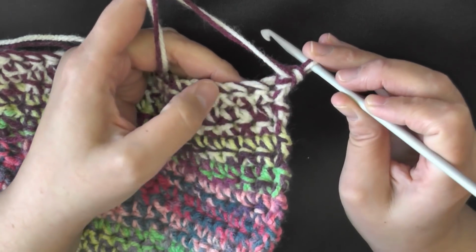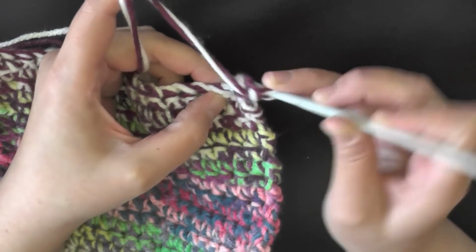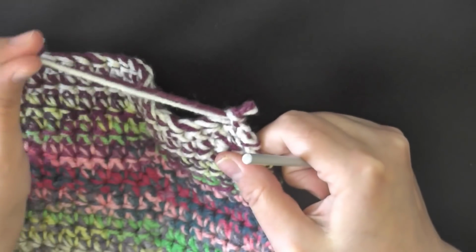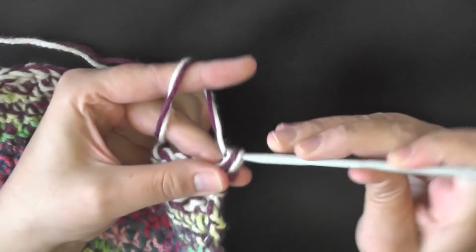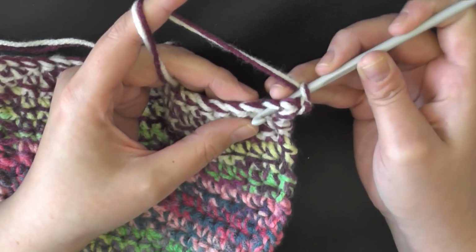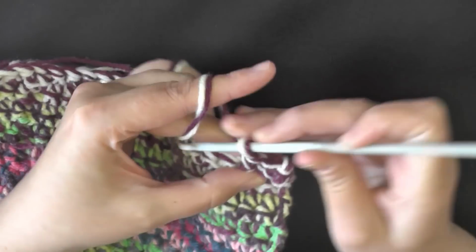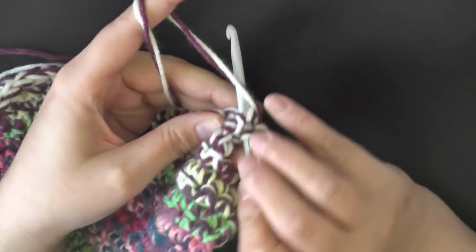Now we're going to be doing a back post. So you'll want to come in from the back through the next stitch and then out through the very next stitch. Whoops, it's kind of hard to do this when I'm looking at the camera. Back through the other stitch. Whoops. Front and back. I don't have my yarn in the right way. So go through the front post, come out, single crochet. Oh, I need to be in front of my stitch. So you push that yarn back, then go through the back, and then out through the next. And then single crochet. Then go through the front, doing a front post. Then you come to the back, do a back post. Just going to keep alternating front, back, single crochet